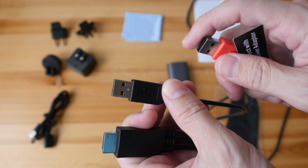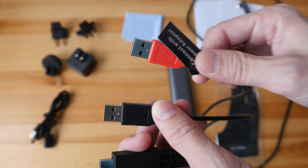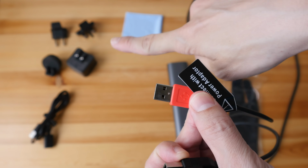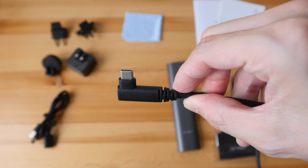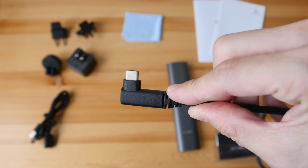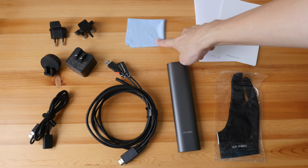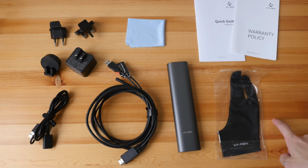If your computer's USB port is able to provide enough power to power the pen display, then you may not need to use this, but if not, you will have to connect this to an external power source. And on the other end, we have the USB Type C that goes to the pen display. This cable is 1.8 meters long. There's also a microfiber cleaning cloth, warranty information and quick start guide, one artist glove, and